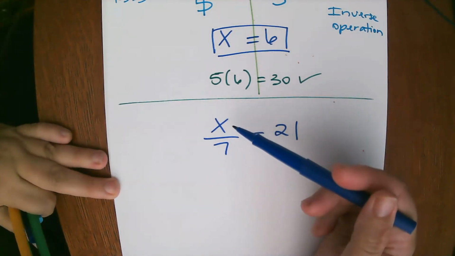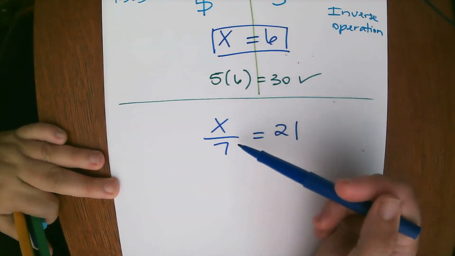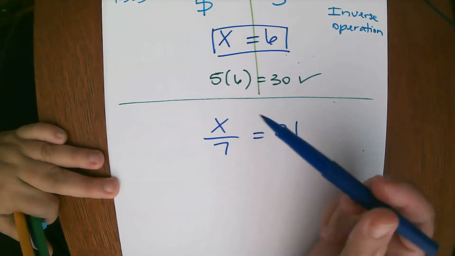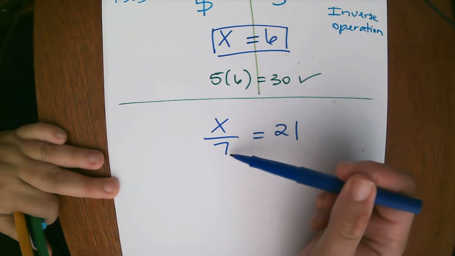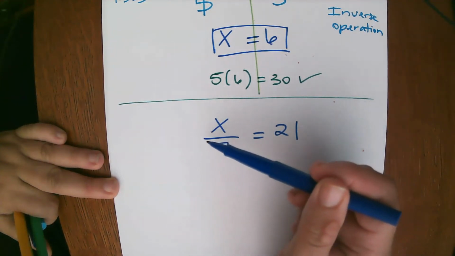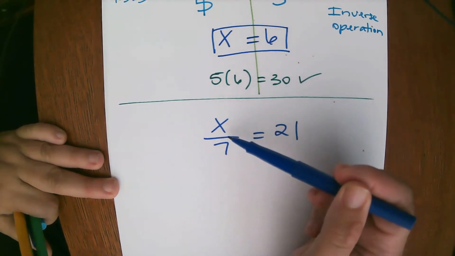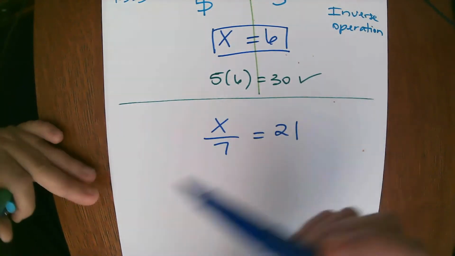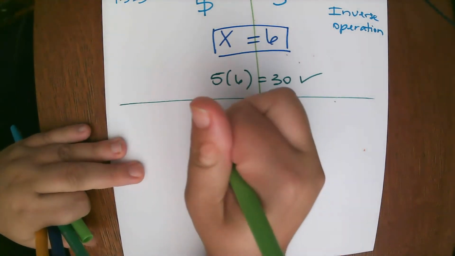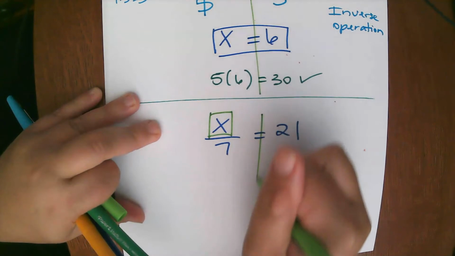All right, let's read it. Now you might be tempted to say x over 7. What we want to say is x divided by 7. So fraction bar means division. Okay, fraction bar means division. So x divided by 7 equals 21. All right, let's go ahead and box our variable,